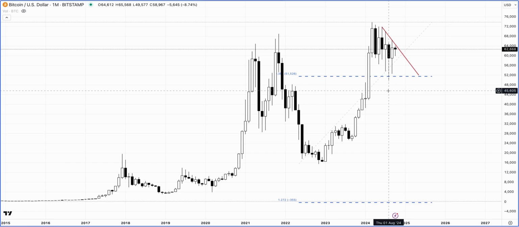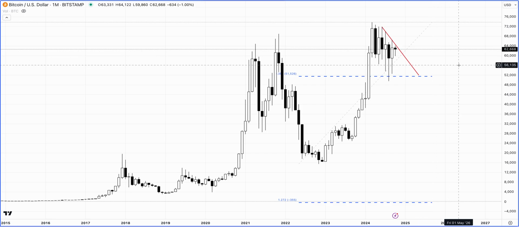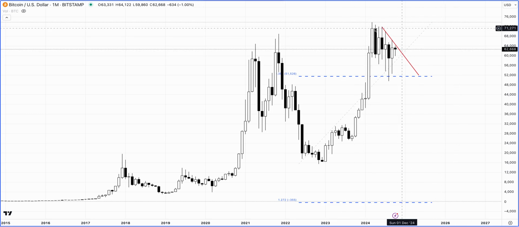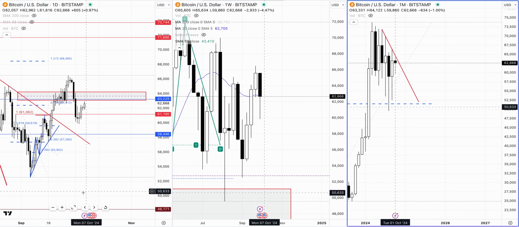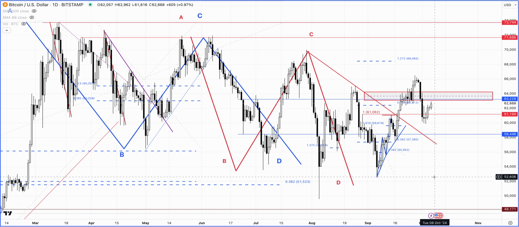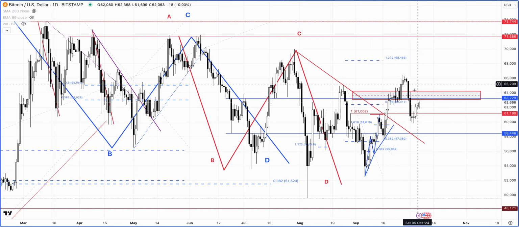I think it might just be remaining more of a trading range behavior, but eventually the chances will come that we might have actually seen a pretty good bottom come in, and then it might actually begin its bull run again. But again, the next key date from my perspective comes in March of 2025. So there's a possibility we might still remain range bound for a few more months. That possibility is there.